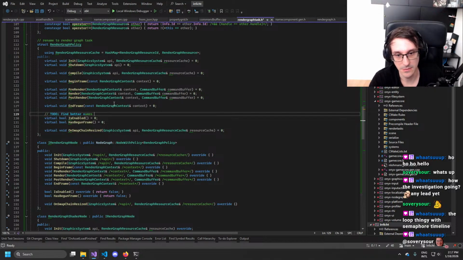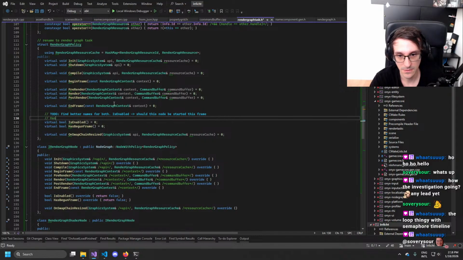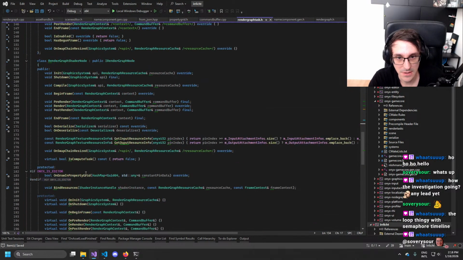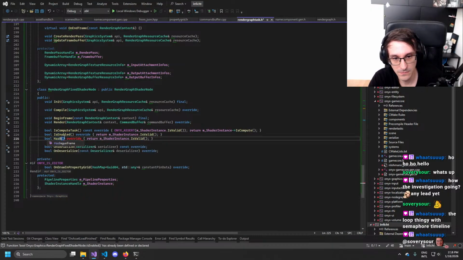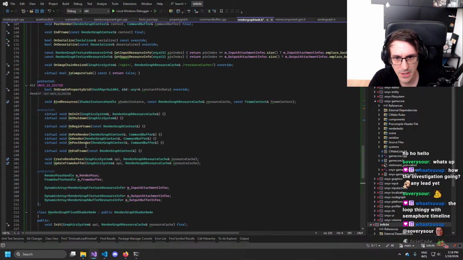To find better names for this, for both. It's basically that, but it's a little ugly, not gonna lie. I guess has begun frame.